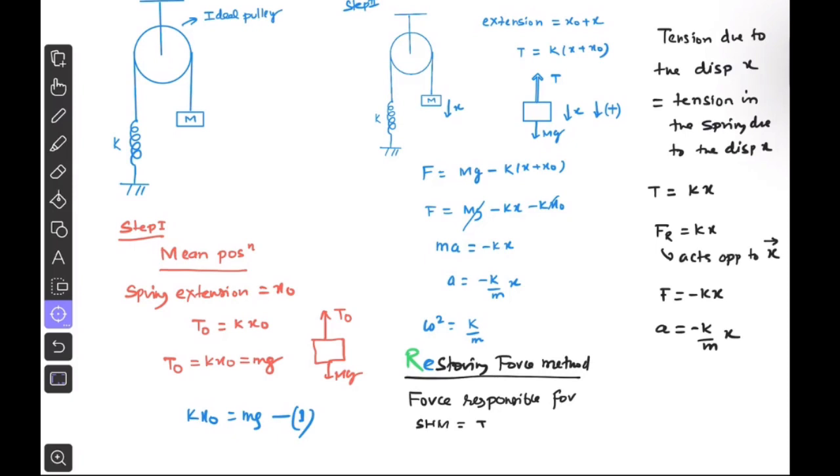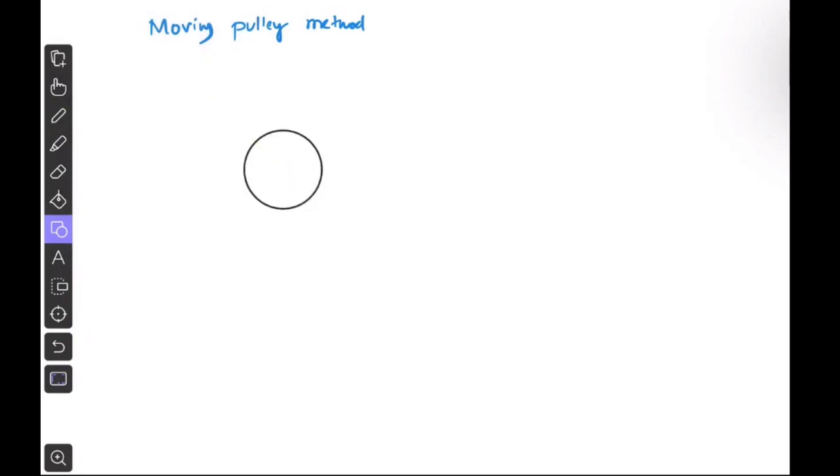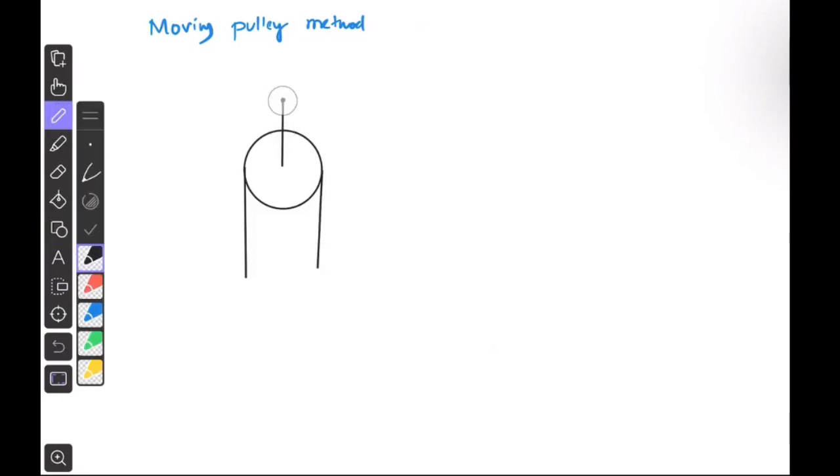Next question. To be able to solve that, you must remember the moving pulley method. Those who are online, I can take a new page. Maybe if you have copied, if you have not, you tell me, I'll return back. So what was that moving pulley method? Suppose I have the pulley, and if I take a case,